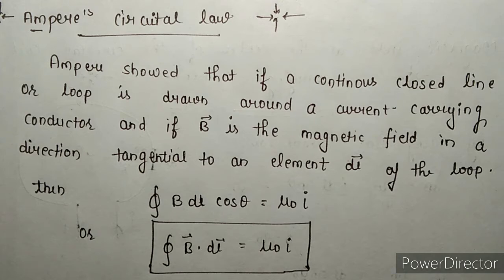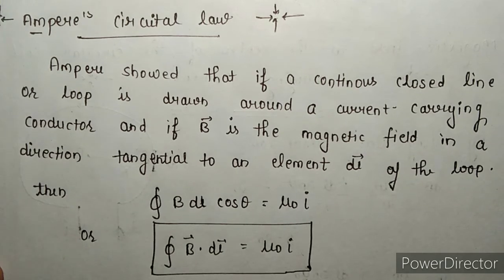In either case, means by using Ampere's law or by using Biot-Savart law, the result is the same. In this respect, using Ampere's law is like finding the electric field by using Gauss's law rather than Coulomb's law. But in the case of lack of symmetry, Ampere's law is not easy to apply.